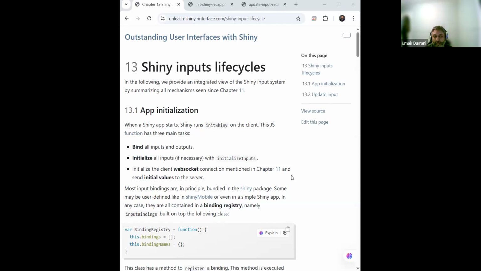There are two main topics covered in this chapter. The first one is app initialization, and the second one is update input. Initialization is about the client side, and the update input is mainly about the server side. But in both cases, we do see the client side and server side connecting. So everything discussed in this chapter is mainly about JavaScript functions and handlers and callbacks, which were covered in the